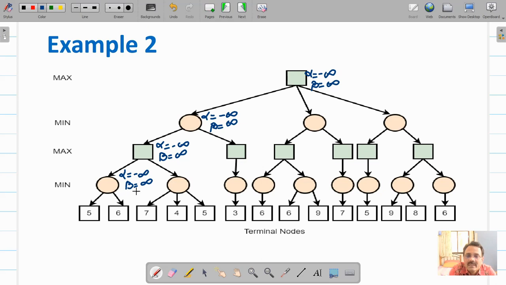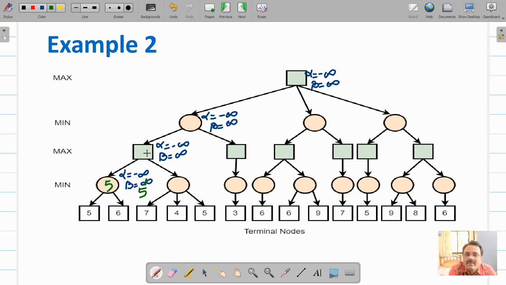So 5 is better than infinity, yes. Then next value 6, 6 is greater than 5, so beta will be 5, minimum of 5 and 6. Value of this minimum node will be again 5.